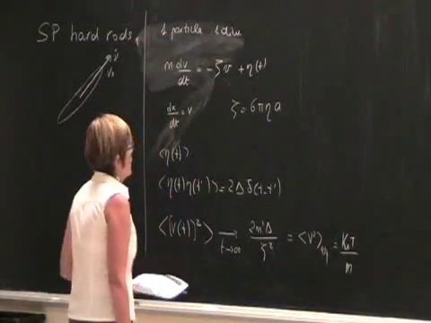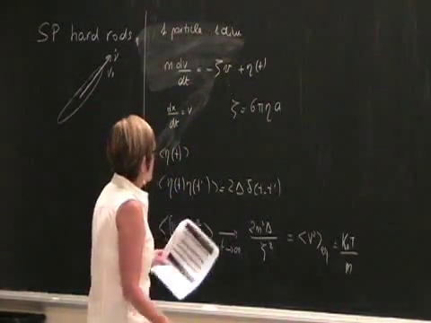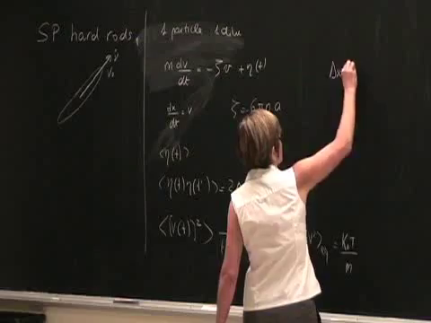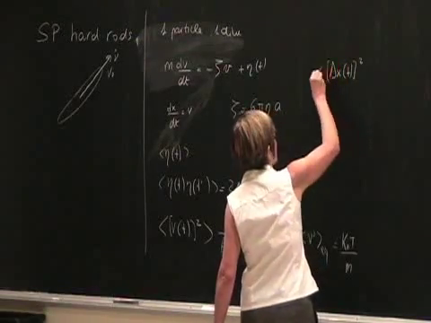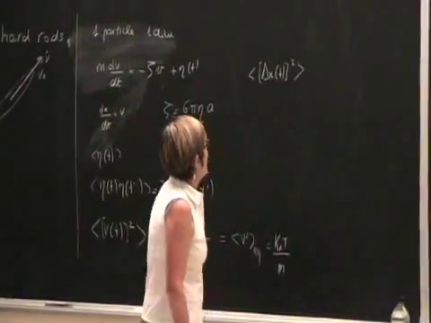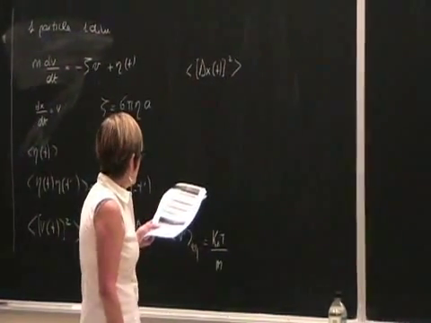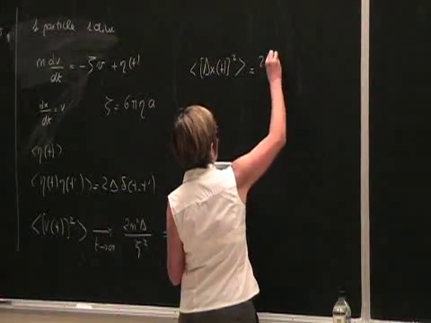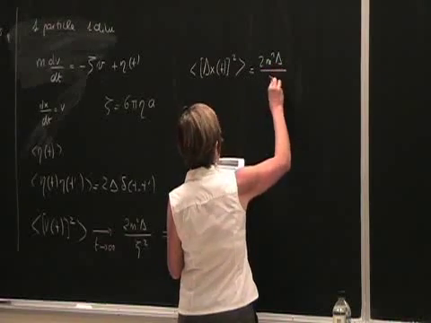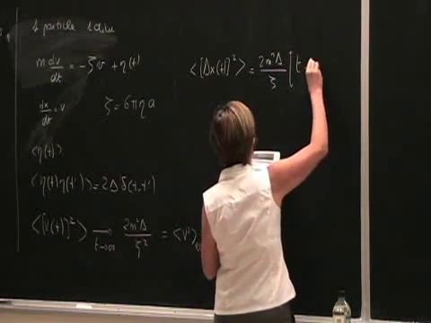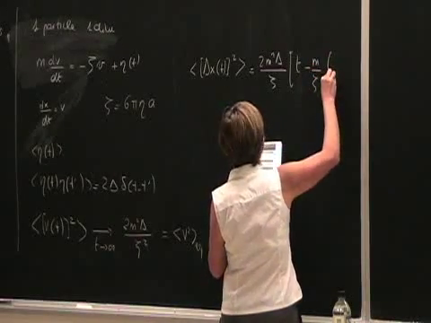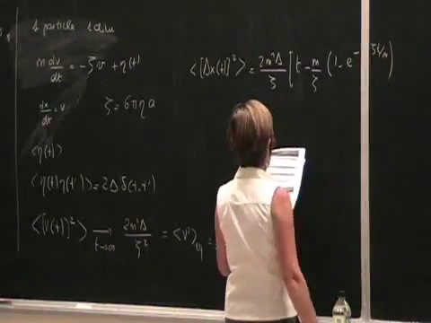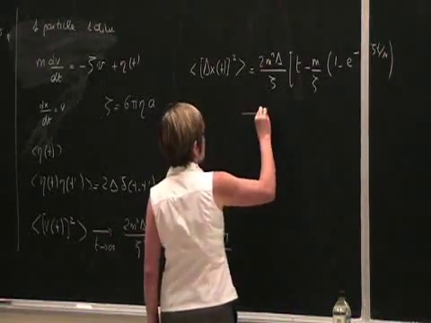Now the other thing you can easily do from this one-dimensional Langevin equation, you can also calculate the mean square displacement, integrate things one more time. So delta x of t is x of t minus x of 0, squaring, averaging again. And that's another exercise that I will leave to you. And what you find is that this is given by 2m squared delta divided by zeta, t minus m over zeta, 1 minus e to the minus zeta t over m. So at long times,